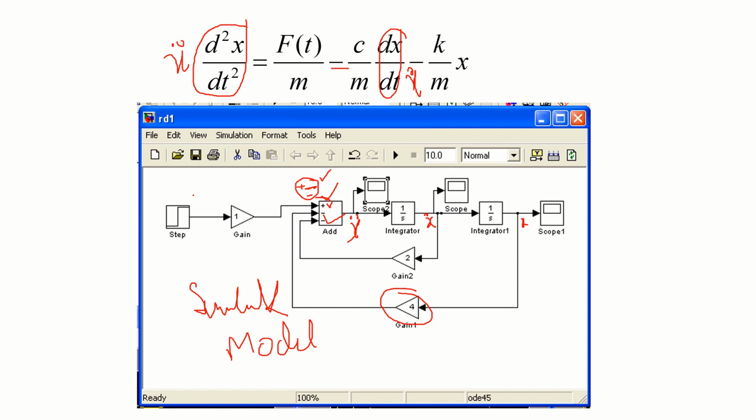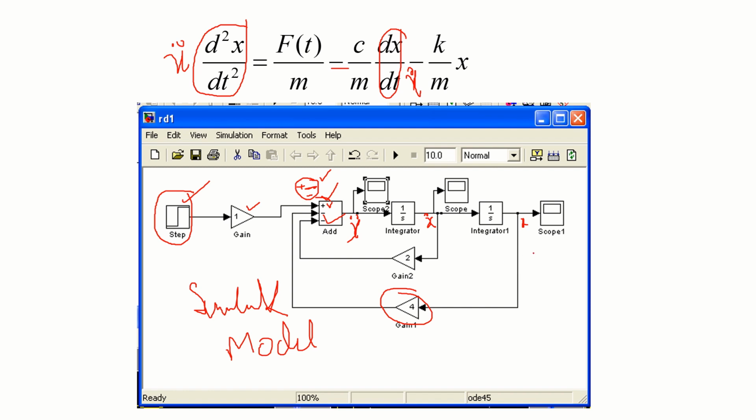Here, let us say I have given a step type stimulus. I will define all these things in the next chapter. So assume that you know what a step function is in mathematics. This is 1 by m; I have given m equal to 1, so 1 by m is 1. I will connect it here. It is plus. Now if I run this,